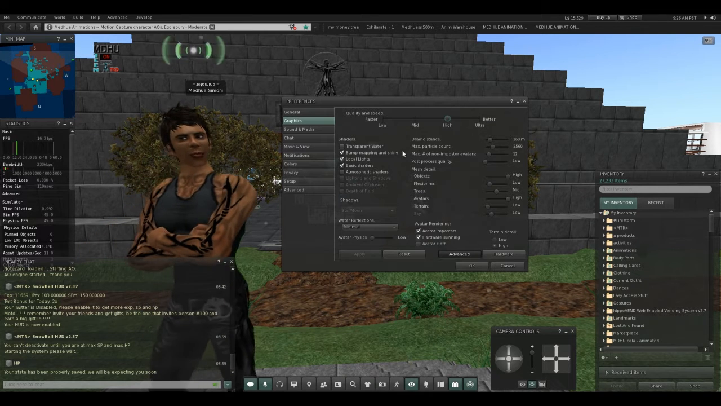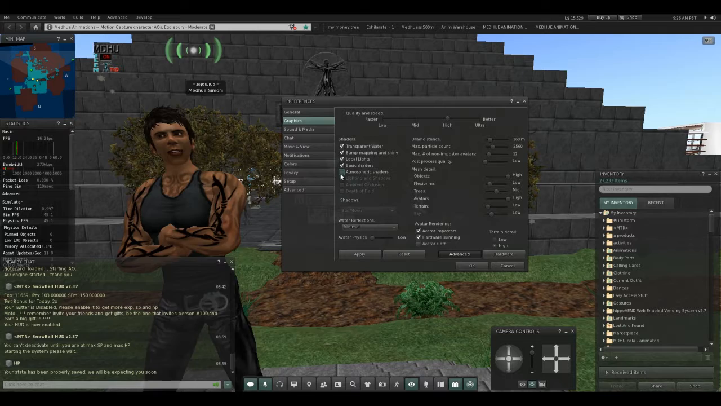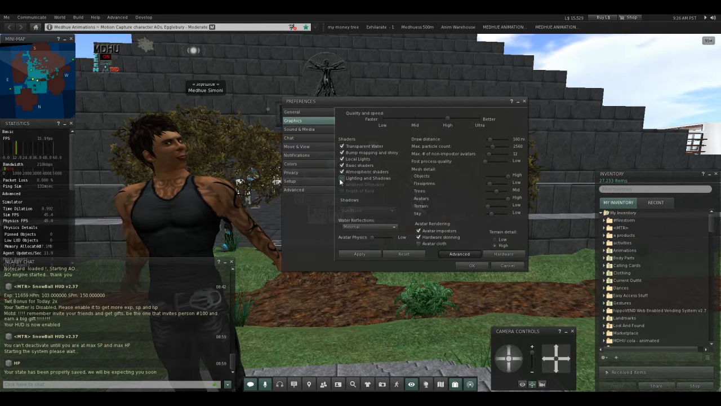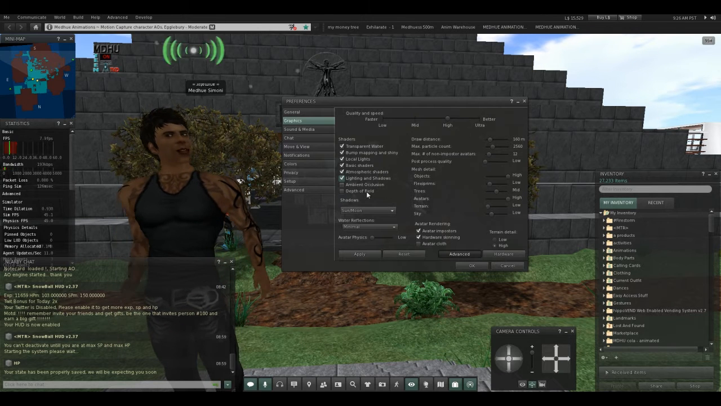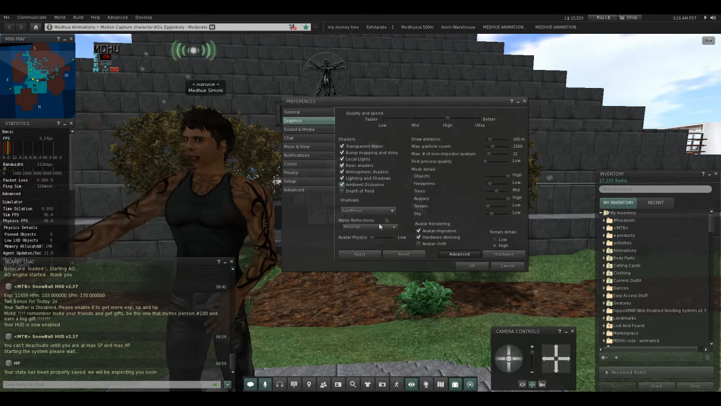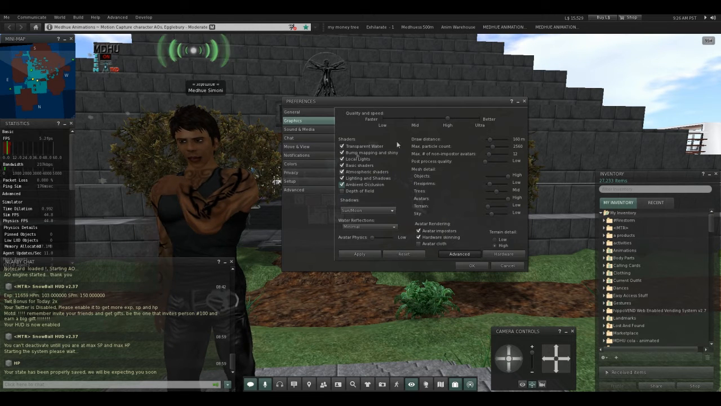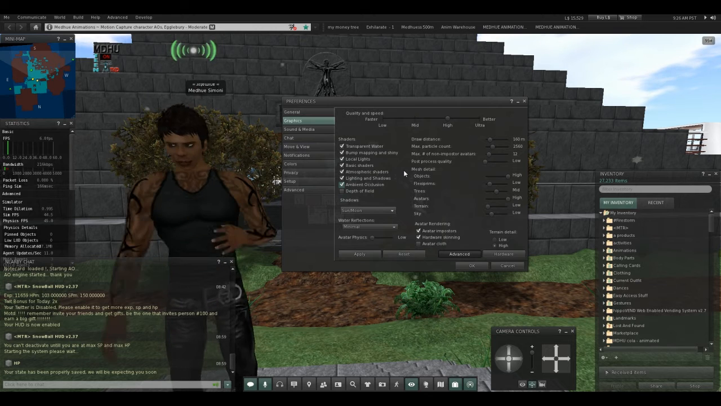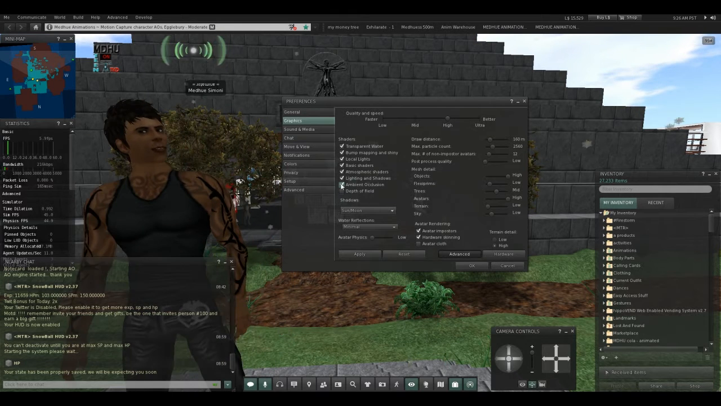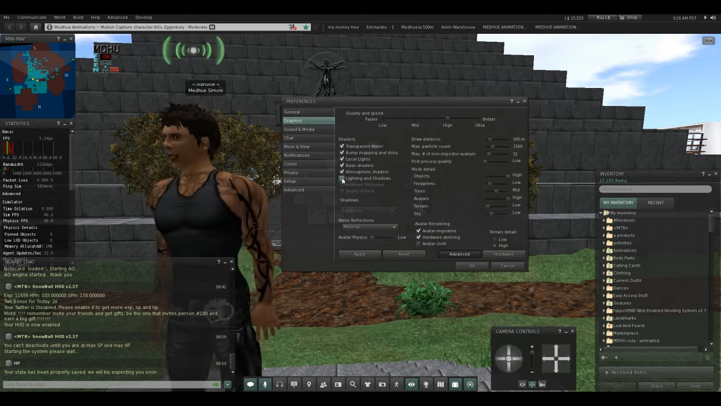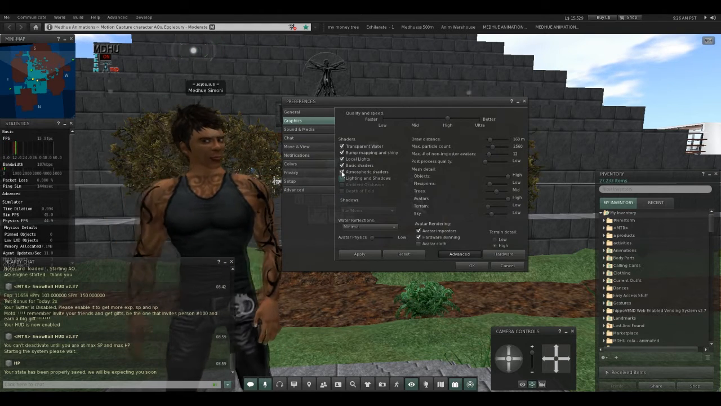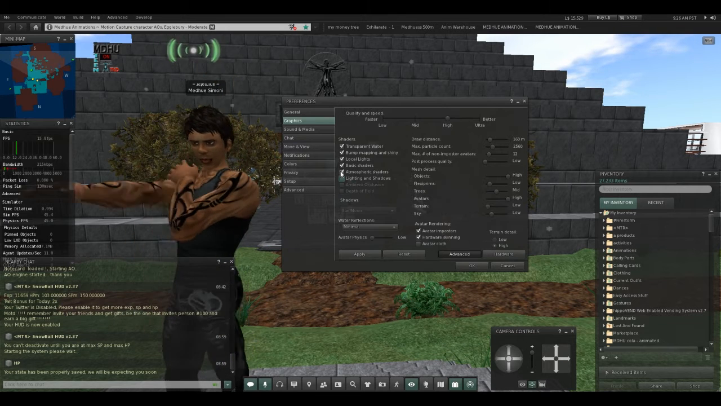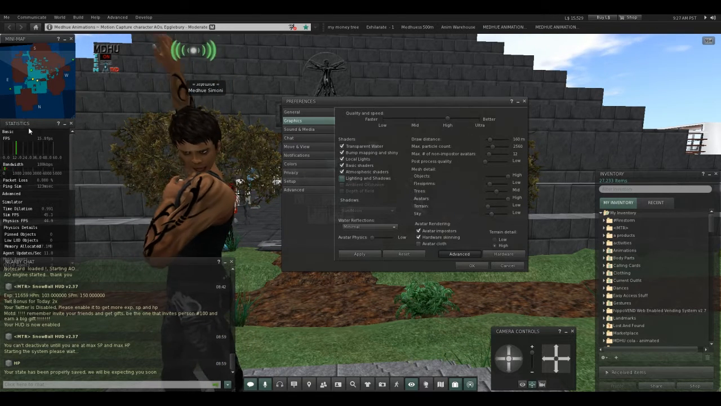I might turn on some of the high details like transparent water, atmospheric shaders, lighting and shadows and all that. I might use all of these features at some point, but not generally when I'm building or doing normal stuff in Second Life. Each one of these features adds more data that your computer needs to download, that your computer needs to process. And if you look on the side at my